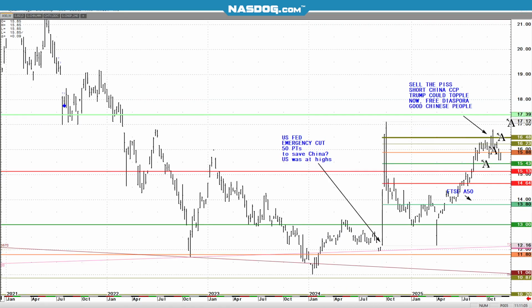All right, I started out as well, no, I didn't start out as a joke, but over here, this was when the Fed cut to save the Chinese stock market. This is a multi-year low, and we're just bobbing. Here's Goldman buys. Stevie Cohen buys. It's well advertised, people buying it. This is when the Federal Reserve cut rates. This is a China stock, called the A50. We'll just say it's an index.